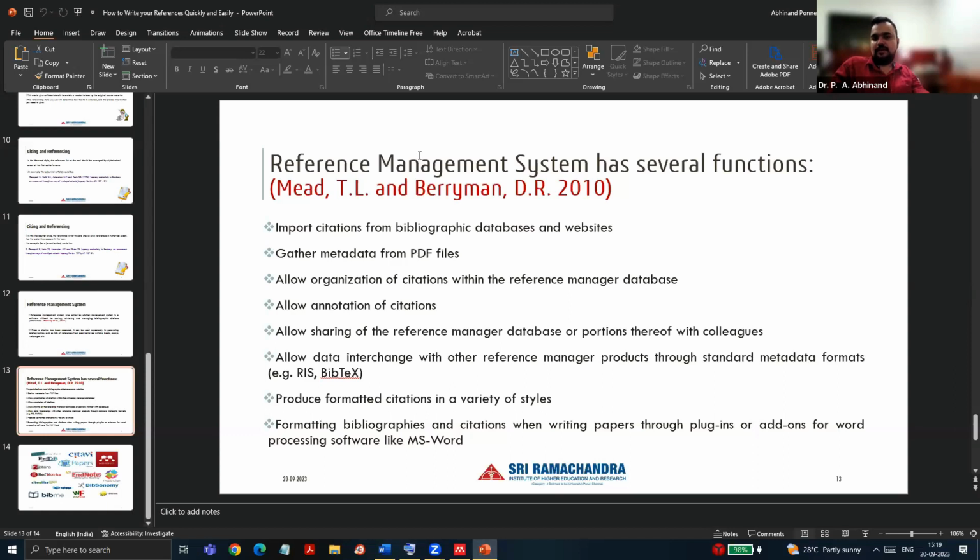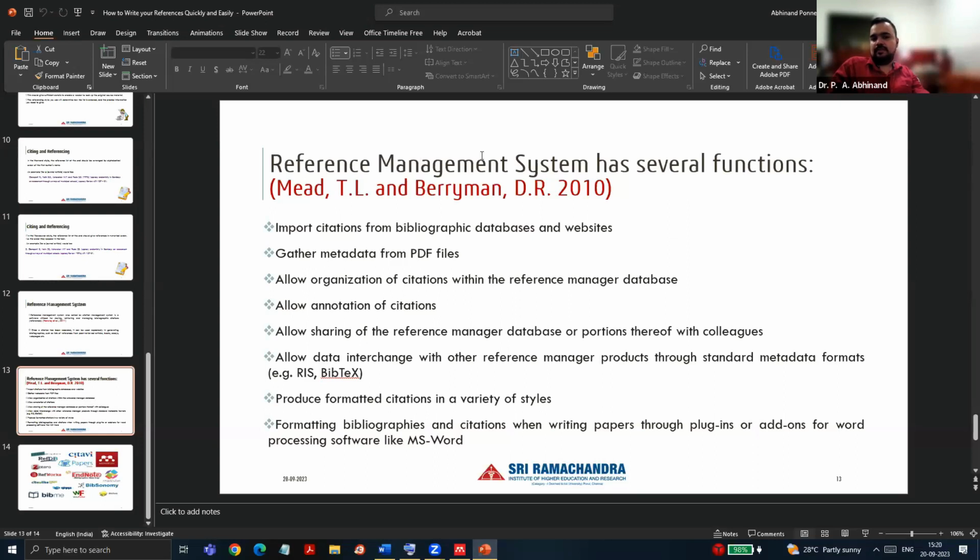Organize means we can collect them and put them together in one folder. One folder for each project can be allocated and managed very easily. And you can annotate the citation also, that is giving labels for the citations. And you can also exchange your data with your collaborators because you can store all the references together and you can export it into .bib or .ris format and you can give it to your collaborator. I'll show you how to do that. And then you can produce the citation in different styles very easily.